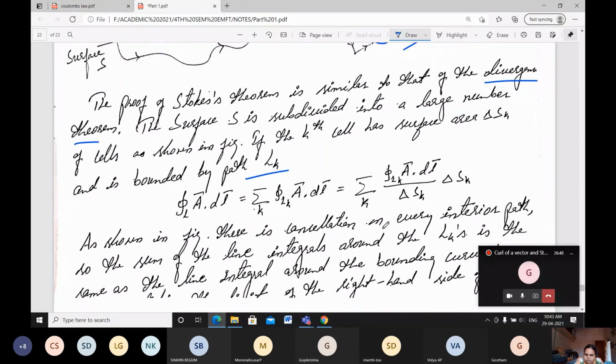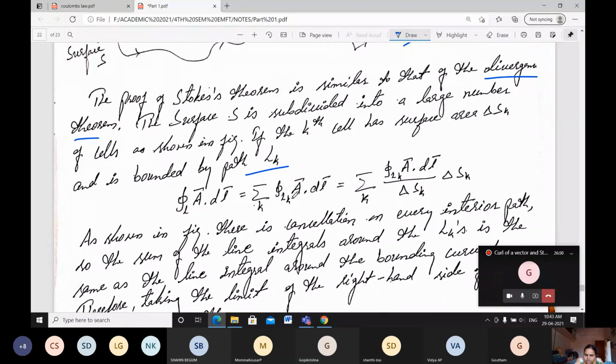That is nothing but the summation over k of the integration over Lk of A dot dl divided by delta Sk, times delta Sk. I can write it. As shown in the figure, there is cancellation on